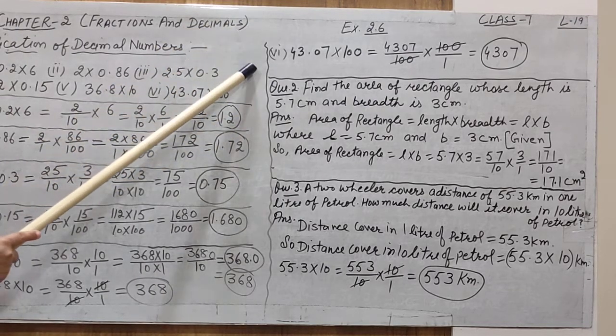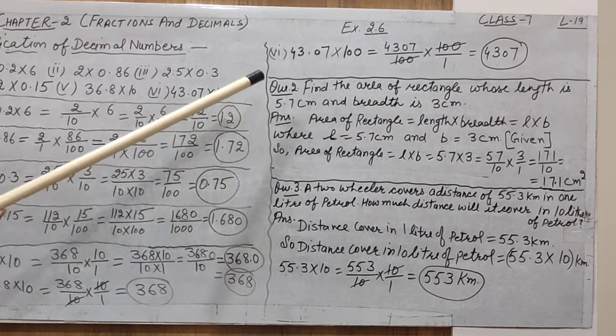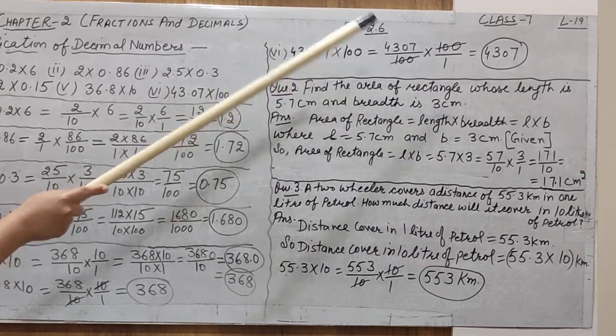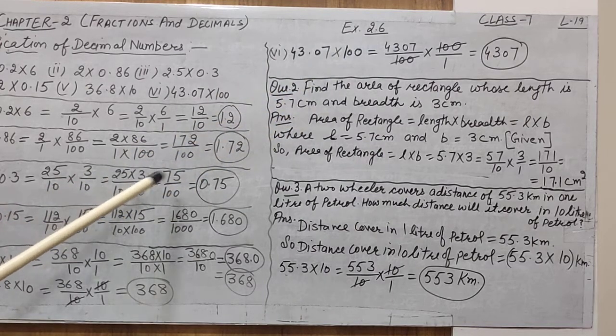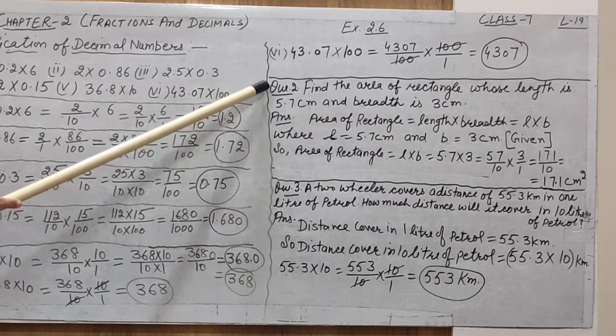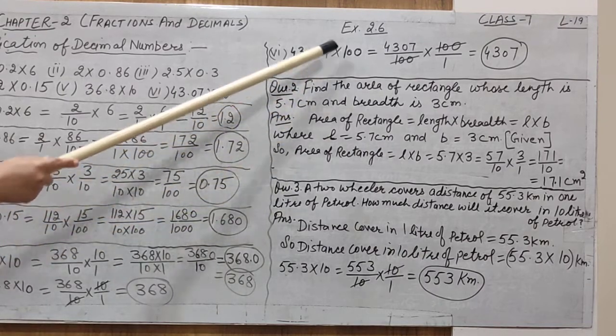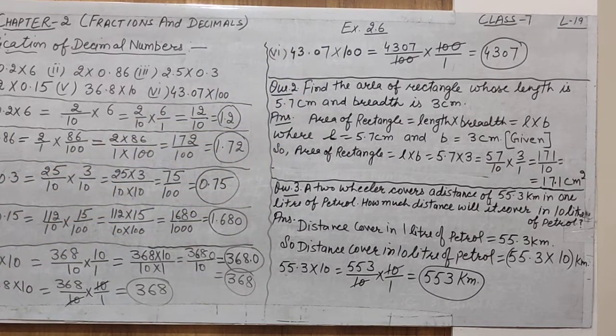Alright, so these are the methods to solve the multiplication of the decimal. Multiplication of the decimal with the whole numbers, or multiplication of the decimal with round off numbers, that is 10 with 100, or multiplication of the decimal with decimal. Now let us take few more questions related to this multiplication of the decimal, but these questions are statement based questions of exercise 2.6. First question.